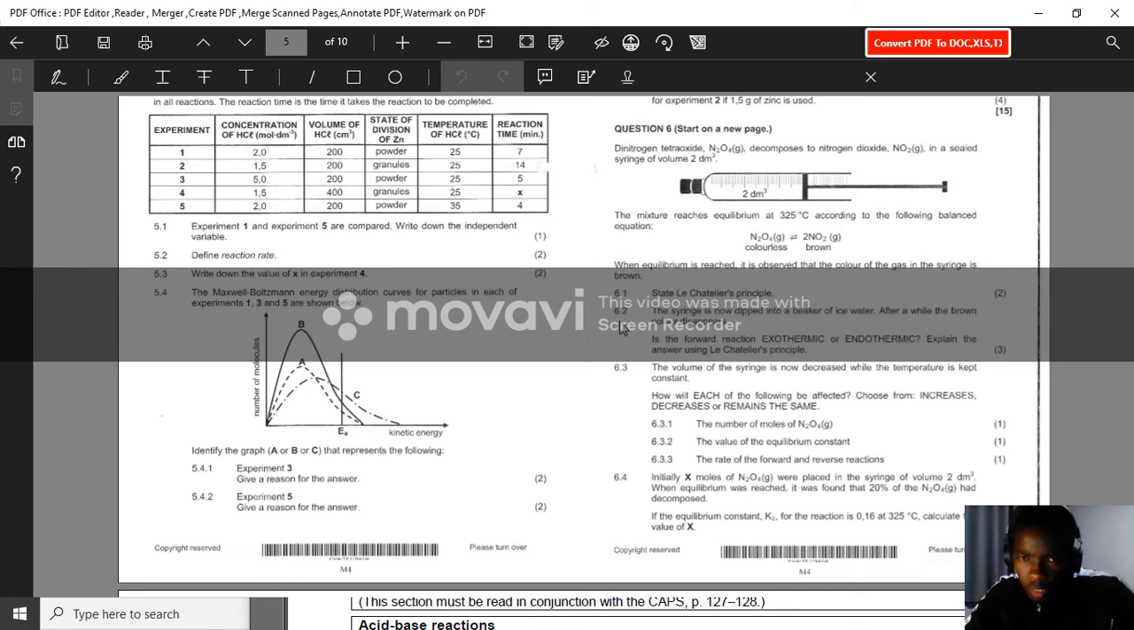So let's go to 6.2. In 6.2, they are saying that the syringe is now dipped into a beaker of ice water. So this syringe is taken